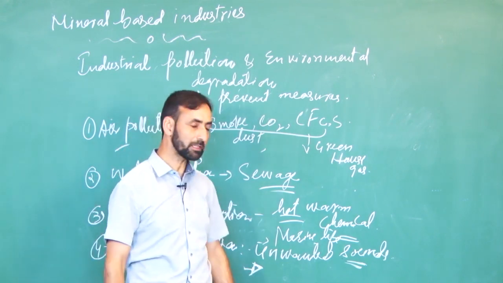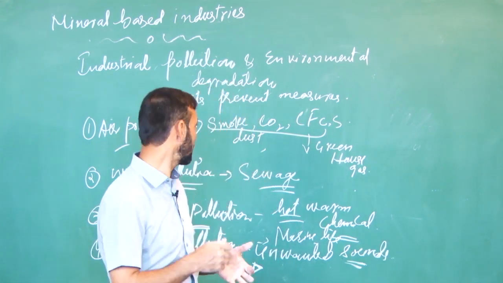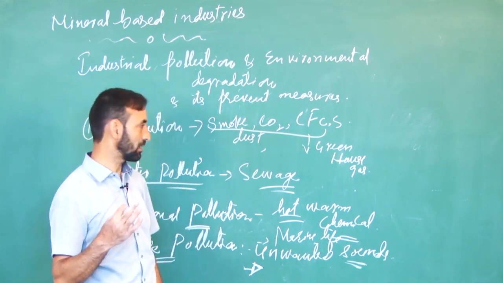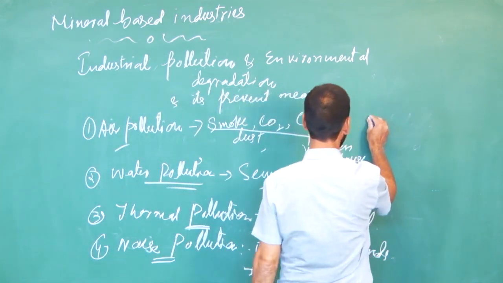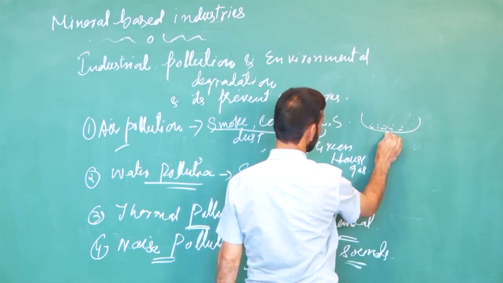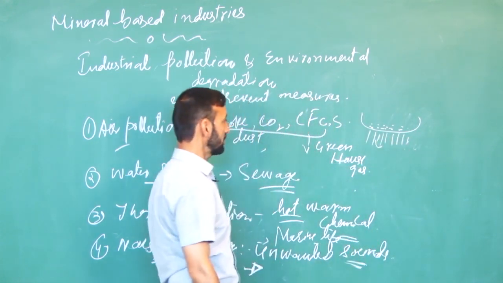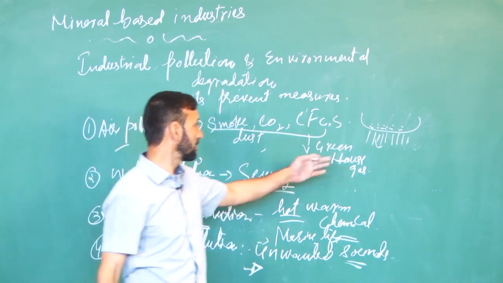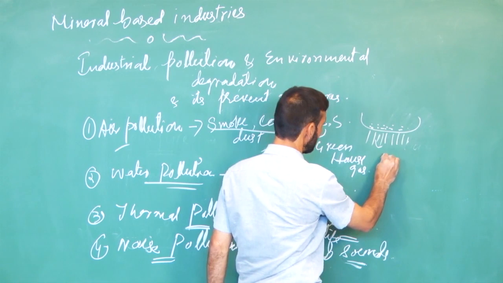In this way, there are other methods to use any cloth which is used to allow water within this cloth, and these pollutants will be taken by this cloth, and water will be taken out from this. This is the physical, and chemical is chlorination. We can use some chemicals in the water, so it would be purified, that is chlorination.